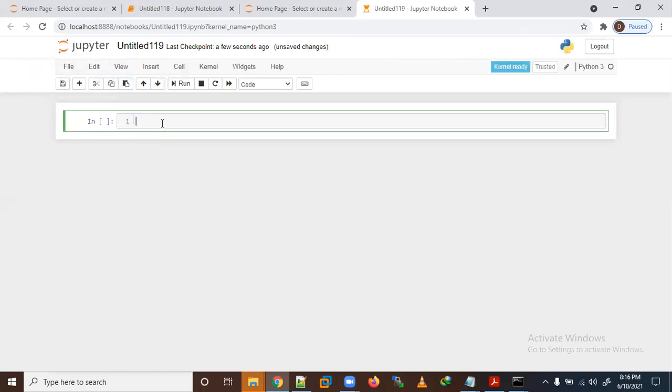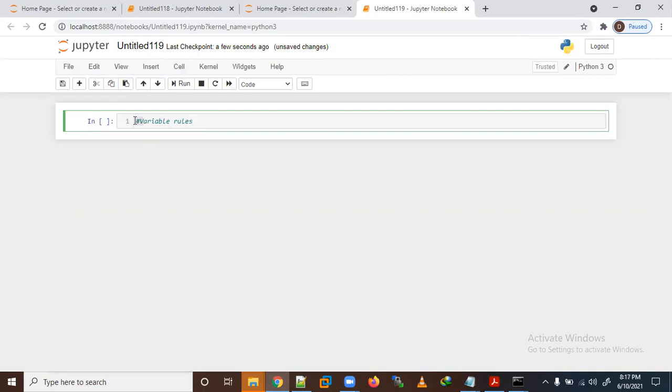First we will learn about the variable rules. Hash means comment.